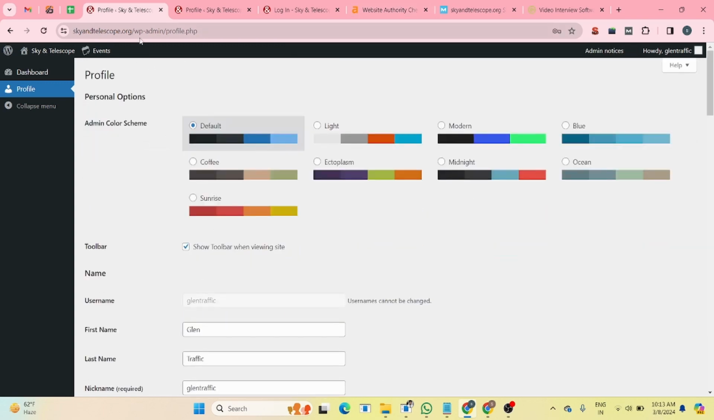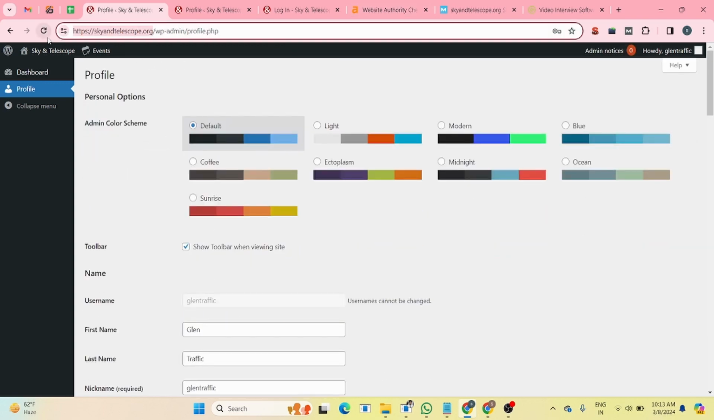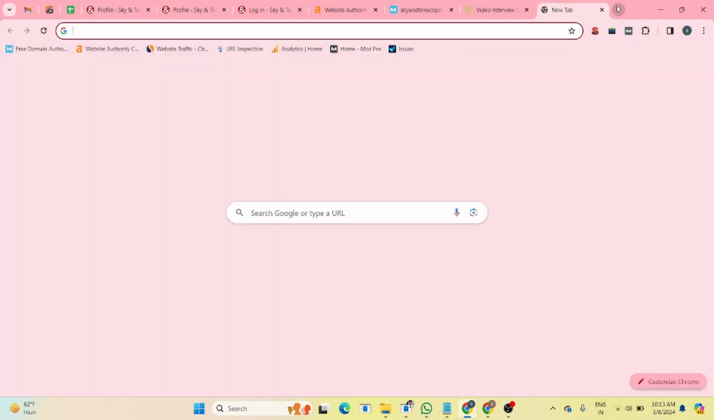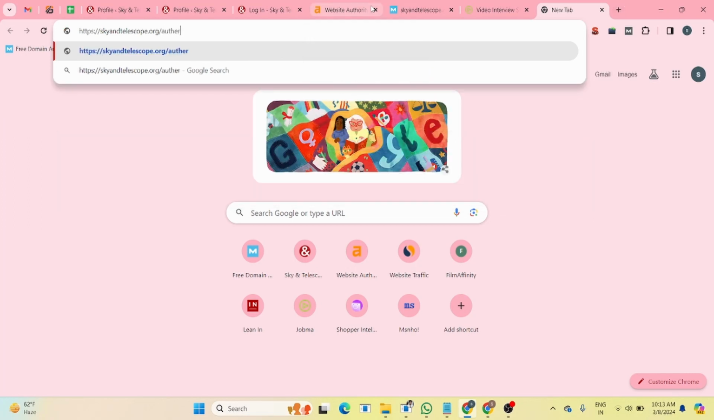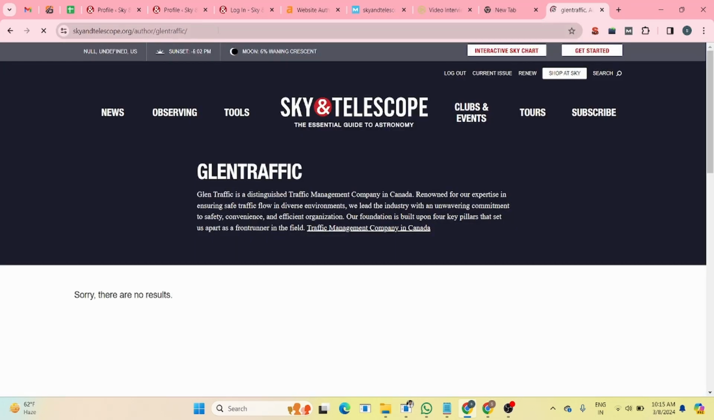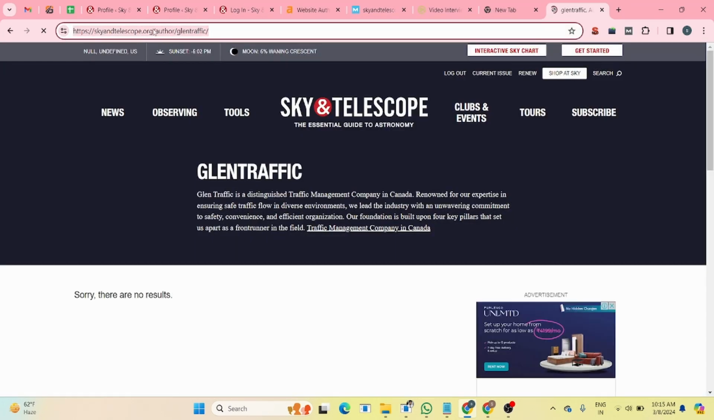After that, here is how you get your profile landing page URL. Simply copy this website URL, and after that write author and slash your username. So copy this syntax: the website URL, then a directory for author, then a slash, then your username. Then you will find your profile landing page URL, and you can see this is our contextual